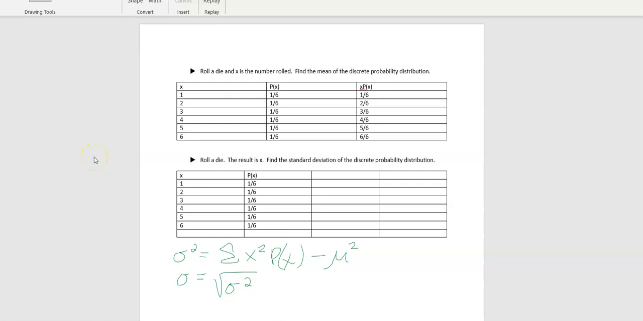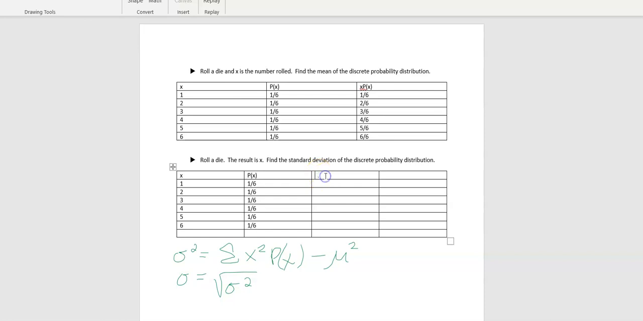So now we're going to roll a die, and the result is x, but we're going to find the standard deviation of this discrete probability distribution. In a prior example, we found the mean, and I have just moved our x's and our p of x's down here since we've already done them, and we're going to use that same information to help us find the standard deviation. So I'm now going to make a third column,